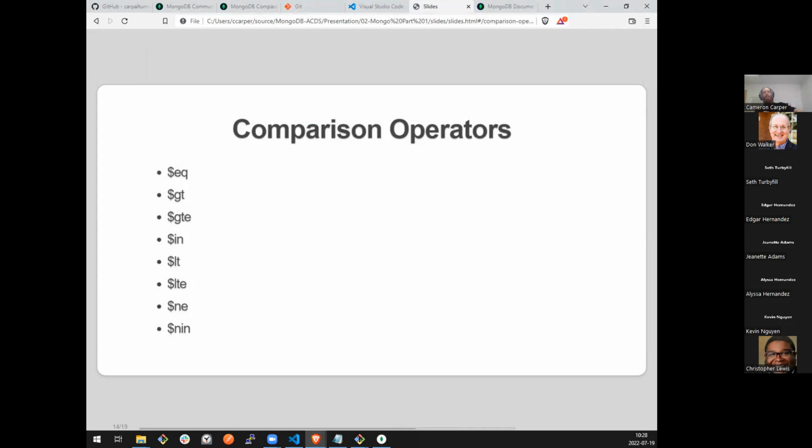All right, so this is where things syntactically start looking a little bit odd. These are our operators, and you'll notice they are all prefixed with a $ sign. All Mongo operators have a $ sign in front of them. When I first saw this, it threw me for a loop until I dug deeper into the JavaScript language and realized that that is a perfectly acceptable JavaScript variable name. They can contain $ signs, and they can even start with $ signs. And so what Mongo has done is said, so that it's easy for you to tell what all of our operators are and where you're using them, all of our operators will be prefixed with the $ symbol.